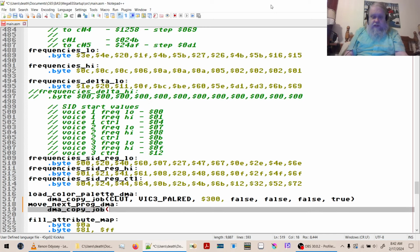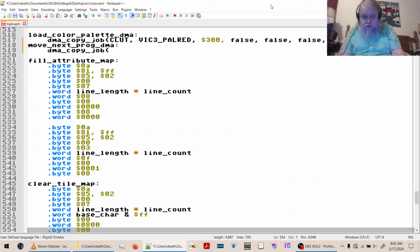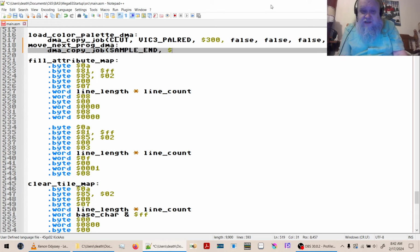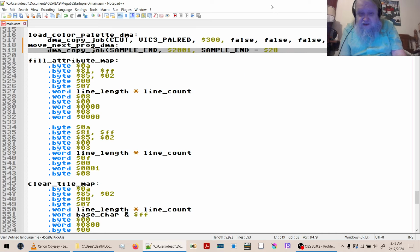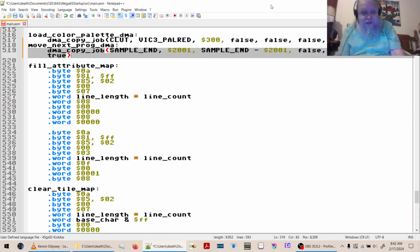Okay, so I guess it's basically going to be sample end, isn't it? Because that is where the next program's going to get copied in. I don't even know what that last true is for. I know it's relevant, but